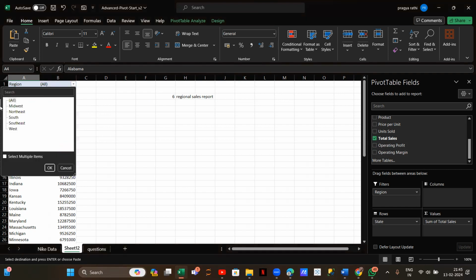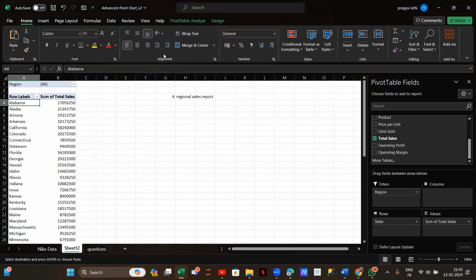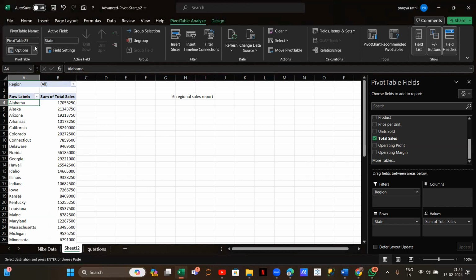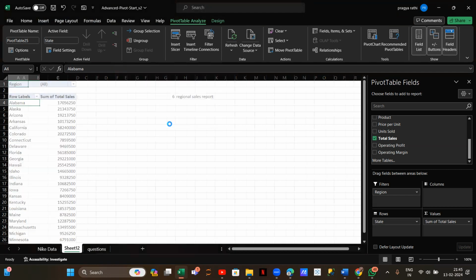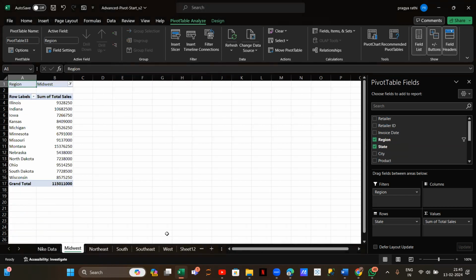So now you can see in this filter column, if I add something in my filters, I get a filter. I want a report on the basis of my regions. I want a regional report. If I add anything, you can see in my options I have an option of show report filter pages. If I do this on the basis of region, it will give it, because I have just given one thing in my filter. And if I do OK, then you can see here